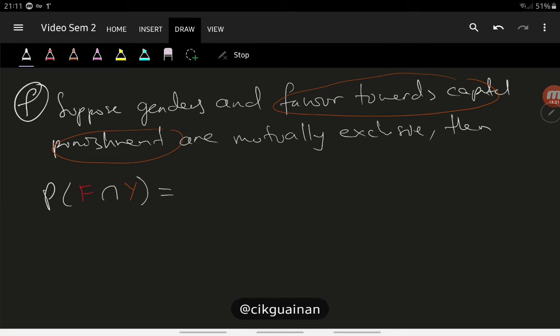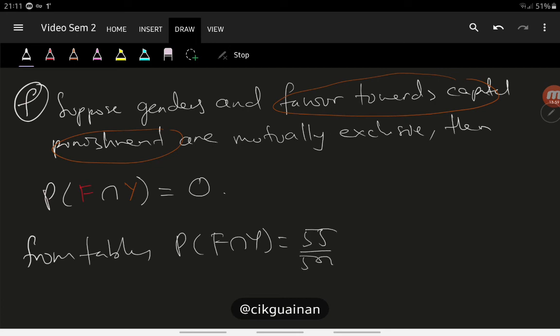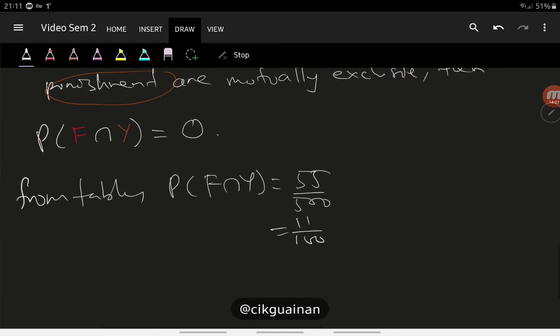Then the intersect will be 0, so we have to find from the table. From the table, P(F intersect Y) equals F intersect Y. The females who are saying yes is 55 over 500, or reduced to 11 over 100,